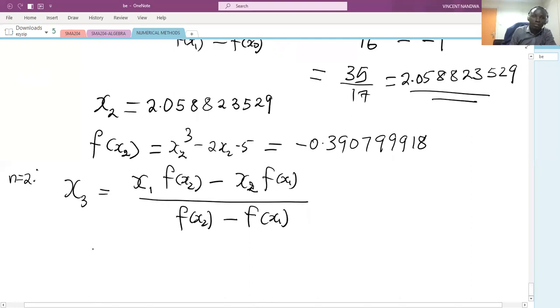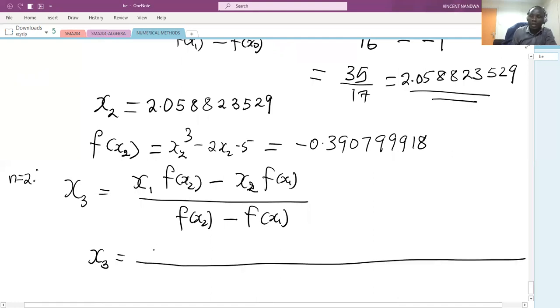So we replace in the values. So we get x3 will be, x1 from our calculation, we got the answer to be 3. F of x2 is minus